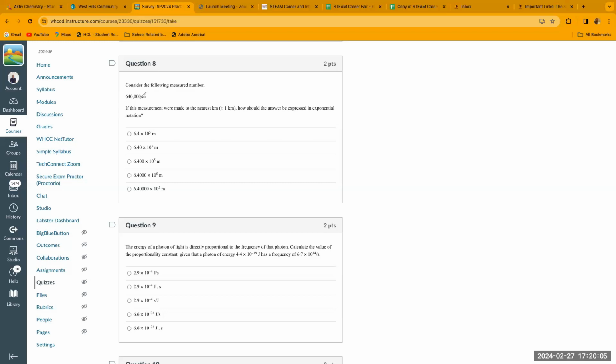Okay, so we want to put in scientific notation. So the decimal would normally start here. So we're going to move it back. 1, 2, 3, 4, 5. So the correct answer should be, but it also says, this is a good question, if the measurements were made to the nearest kilometer. So the nearest kilometer, so that would be